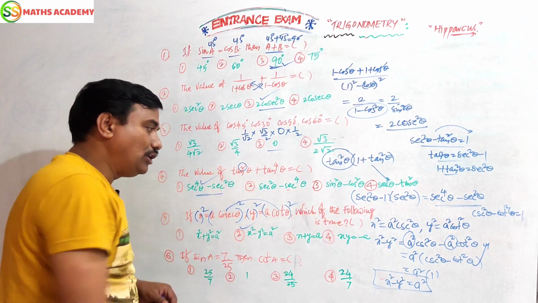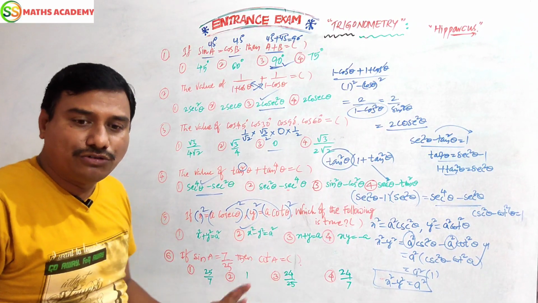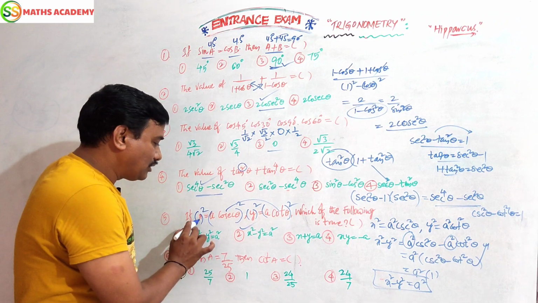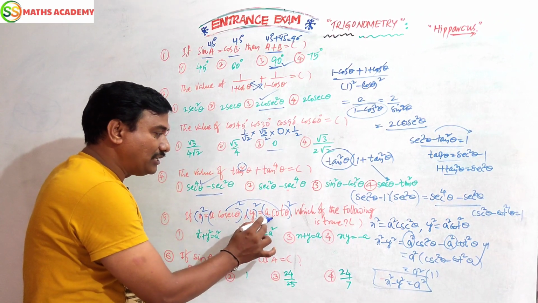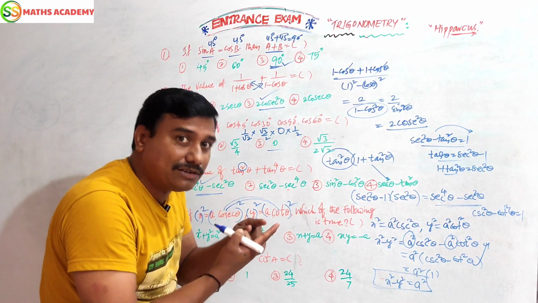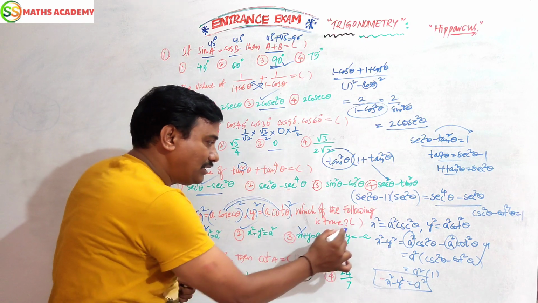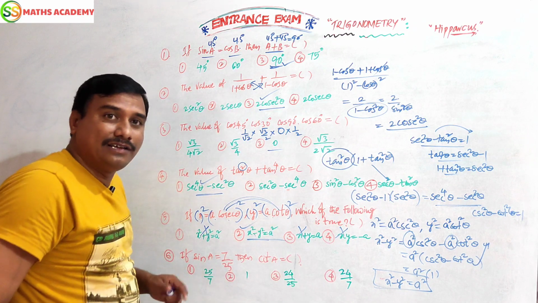Okay? I told you one idea. You are not doing any answer. By seeing this option, I have to tell you one important point. Here x square equals a cos theta whole square, y something there, no? What is the relation between these two? Cosec square theta minus cot square theta. Minus will be there here. Here plus is there. It's not an option. This is a perfect option. Got it?